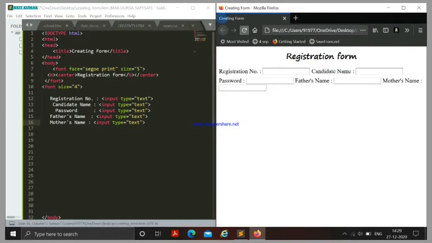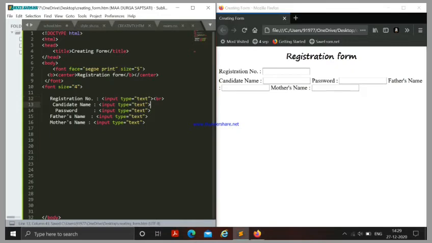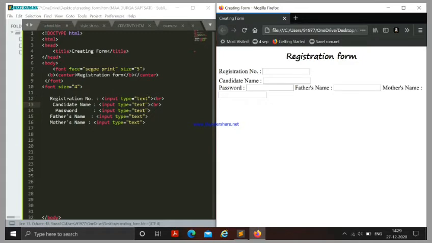And now refresh it, and then you can see that these all are in the same paragraph, so we have to break the lines. So we use the br tag to break the lines. Put the br tag in every line.